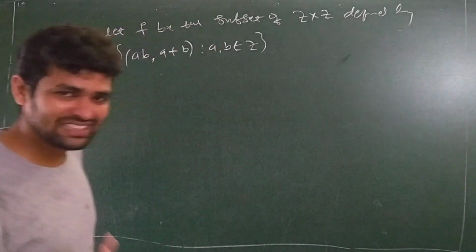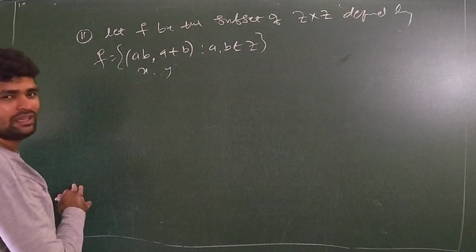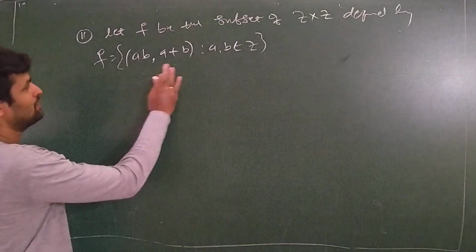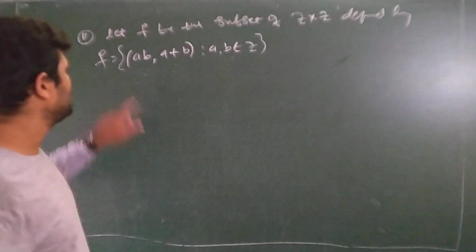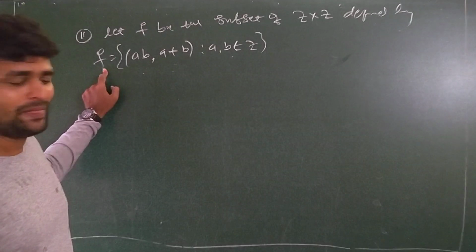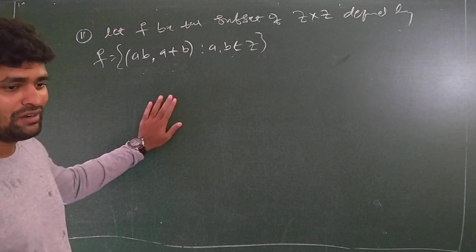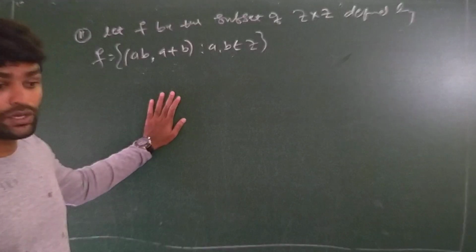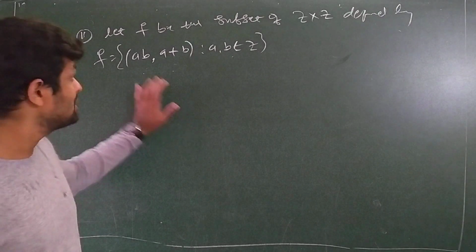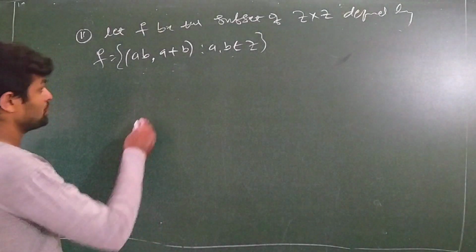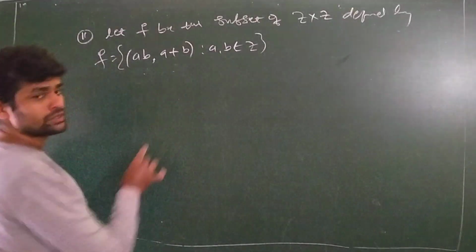There is something. A, B. This is like x and this is like y, correct? Don't worry. This is the ordered pair x comma y. A comma b belongs to that. Our question is, is this f a function? You have to check. When there is a question, blindly we should not say. You have to check whether this relation is a function. It is a relation, of course. From the 9th one and 10th one, you will get some idea. A and B belong to that, correct?